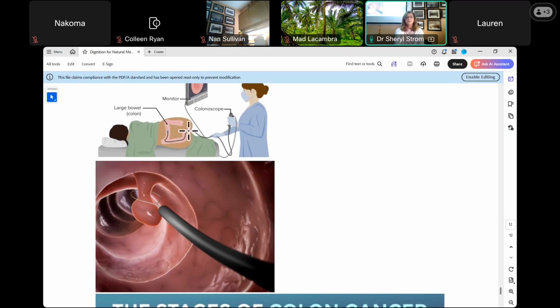Now, here's the other thing. See how this probe, the endoscope or the colonoscope goes? Because the intestines can be torqued, the doctor has to push this through. And the team, meaning the nurses or technicians or whatever, have to move the belly back and forth and lift up this big belly so they can get through the intestines. Is there a chance of what we call perforation? Absolutely, and I've seen it, and it is not pretty. It is absolutely awful, and it's a medical emergency, and they go right into the operating room.